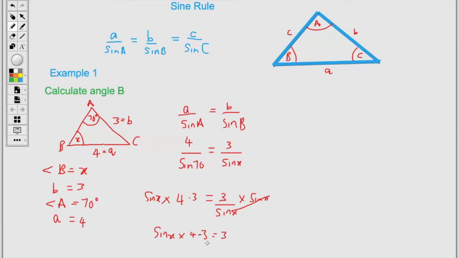Then we're going to divide both sides by 4.3. On our left hand side, the 4.3 cancels into itself, goes one time. So we're left with just sine x